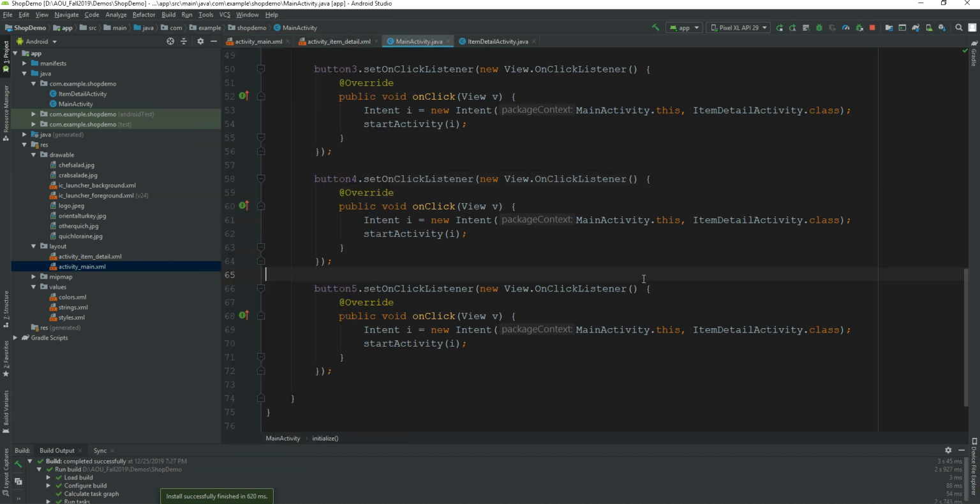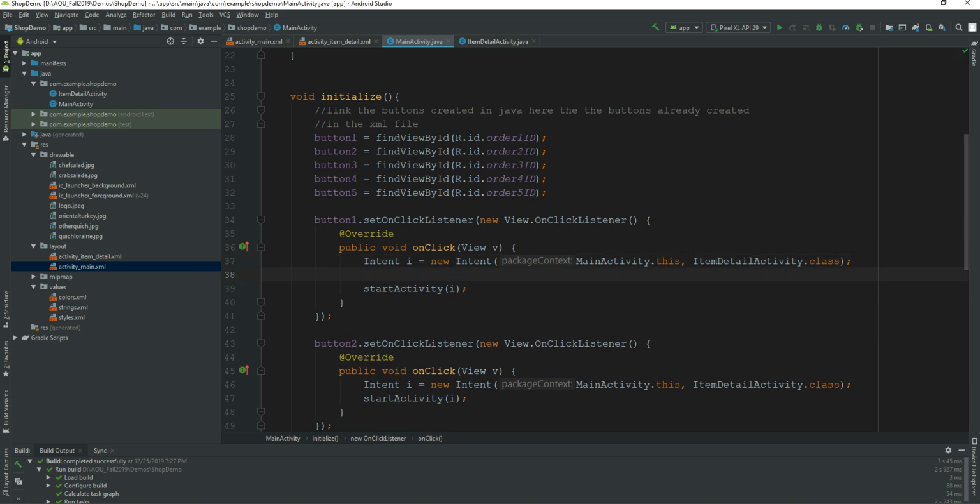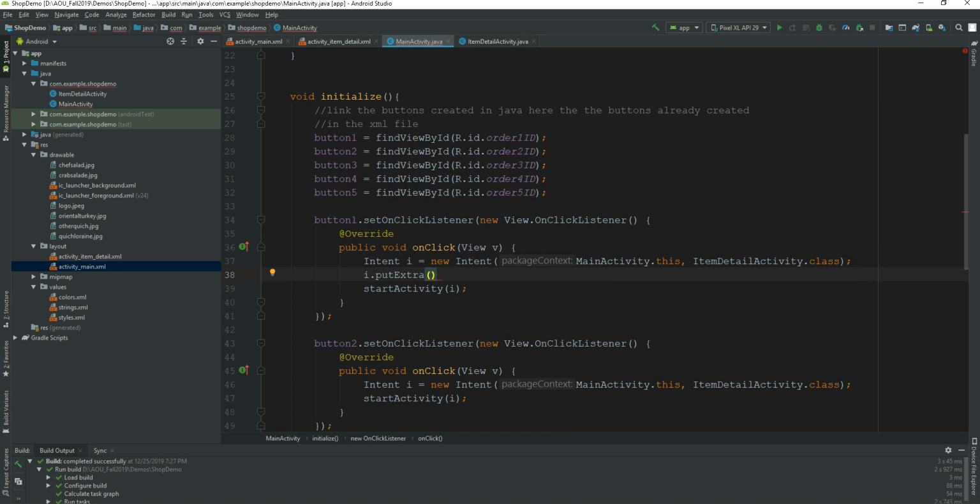Okay, now let's go back to the code here. So what we'll do is we will send some data with each intent to the next activity in order to display this data. So what do I mean here? Just do the same thing I'm doing. Let's say I want to add some data to the first button. Now, after this line, I just press enter, and what we'll do here, we will add some data to the intent. So we will write i dot putExtra,